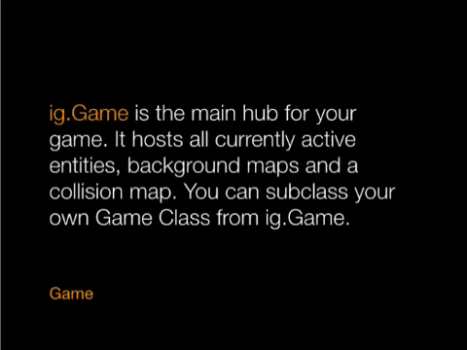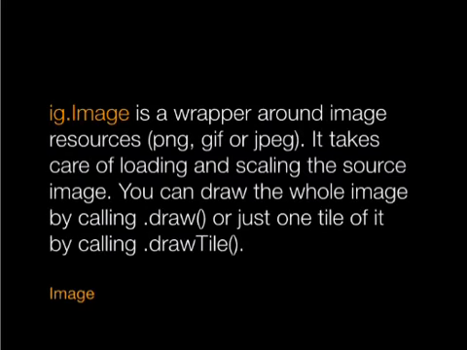There's an image class. This is the primitive towards the animation and the entities and everything else. This primitive class basically wraps a PNG, a GIF, or a JPEG and allows you to draw that to the display. So let's say you have a HUD or some sort of UI element. You can just load that up as an image without having to extend entity, and then just call draw on the image and give it an XY coordinate of where to draw. And then you can also draw a tile from it, so you can make your own custom sprite sheet and just define regions that you want to draw from it, which is really helpful.